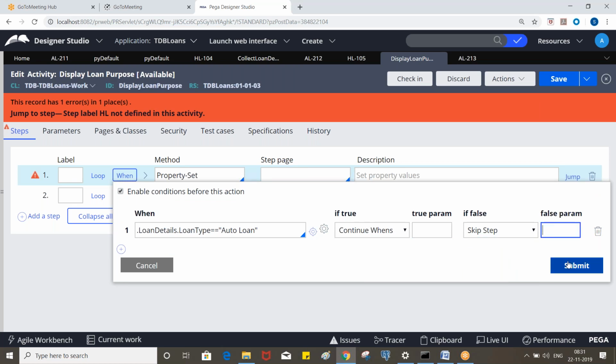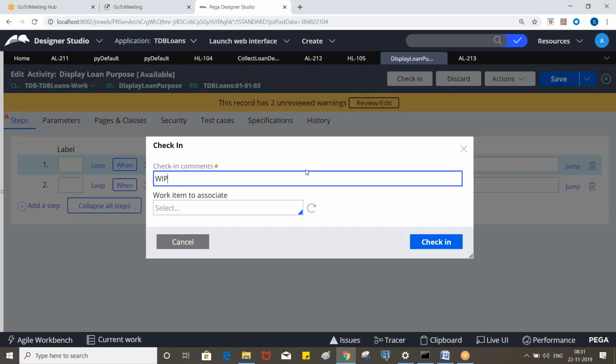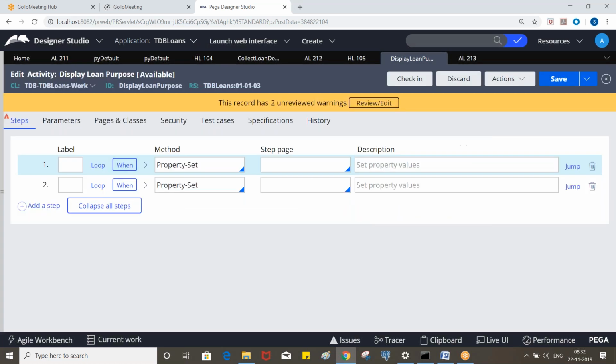Clear? So now let's work on a different scenario. Okay, so far we created two different screens, right? One is borrower details and another is loan details.